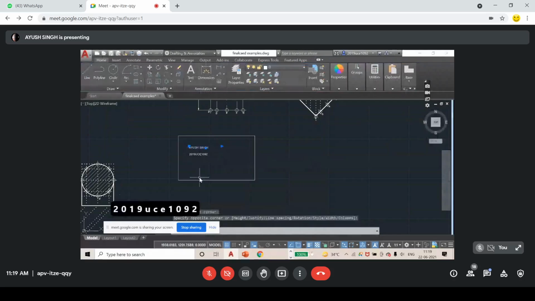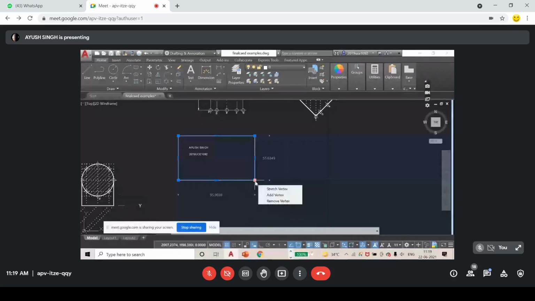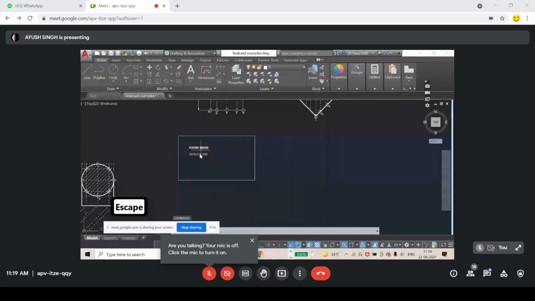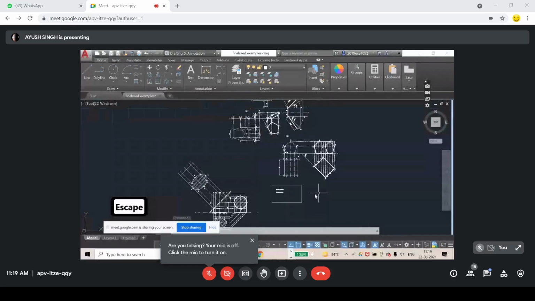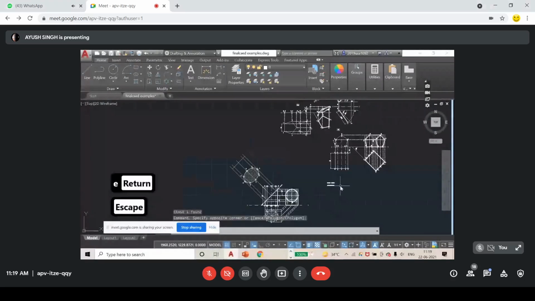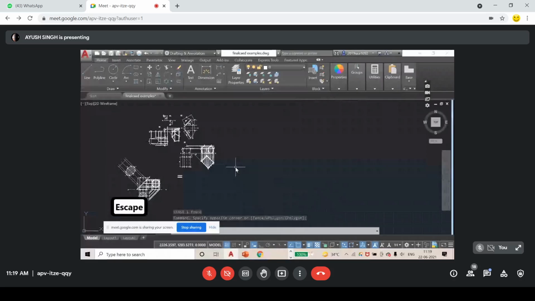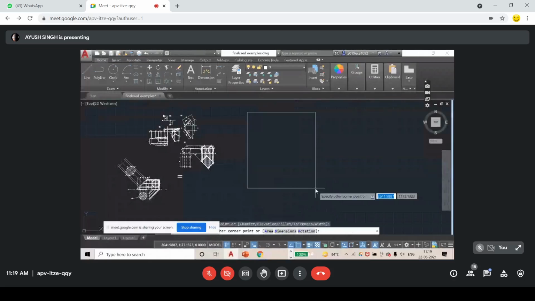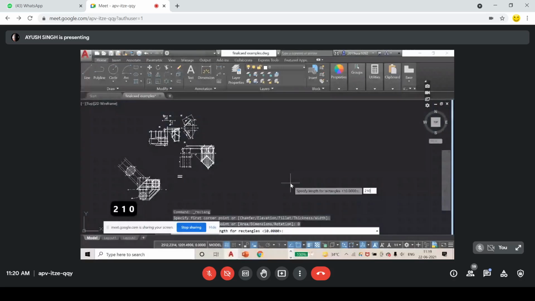Okay, so this is my name block. I want to keep it small. Now you have to fit it in an A4 paper. Yesterday I told you the A4 paper size was 210 by 297 mm. So create a rectangle, this is simpler, 210 by 297. This is my portrait mode.